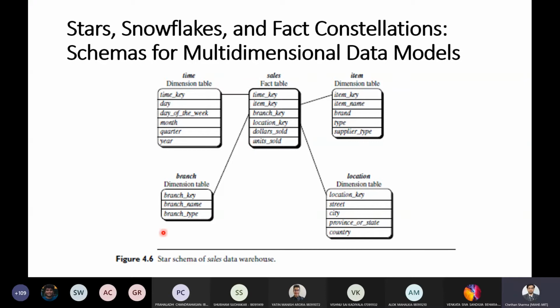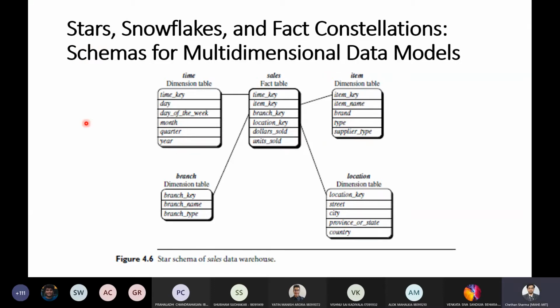It also contains a set of smaller tables known as dimension tables. There will be one dimension table for each dimension. If you can see, this entire schema graph represents a starburst, hence the name star schema.